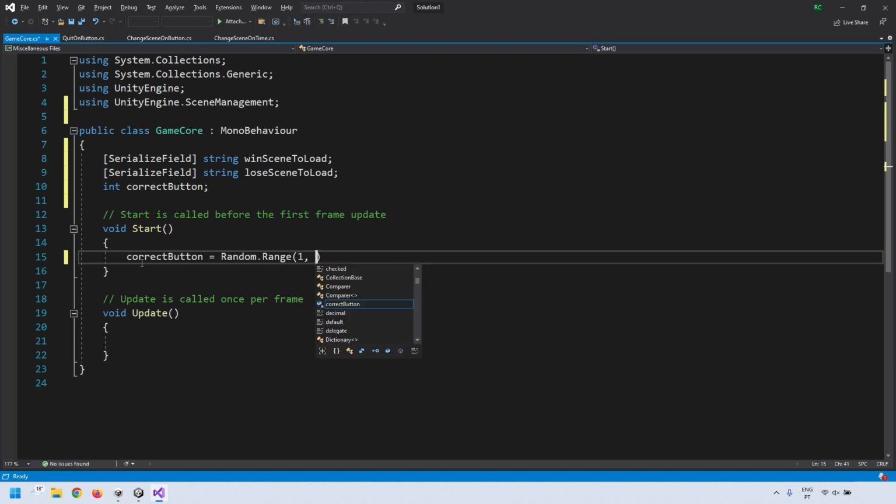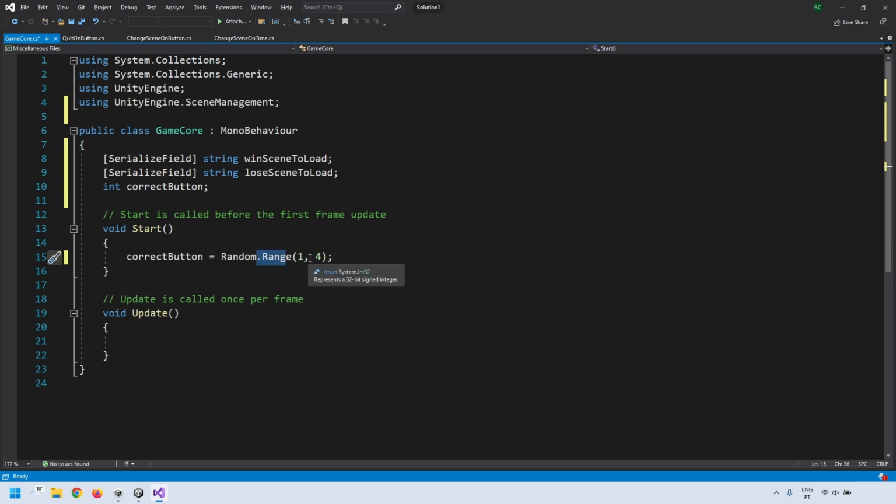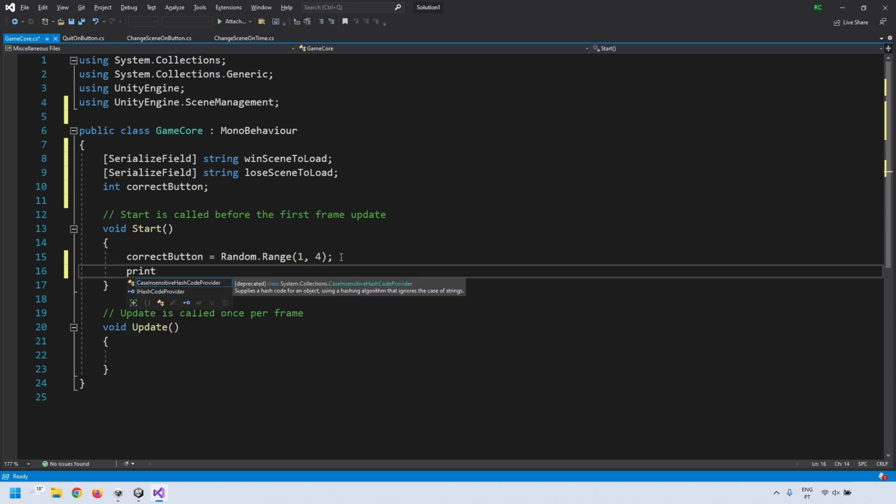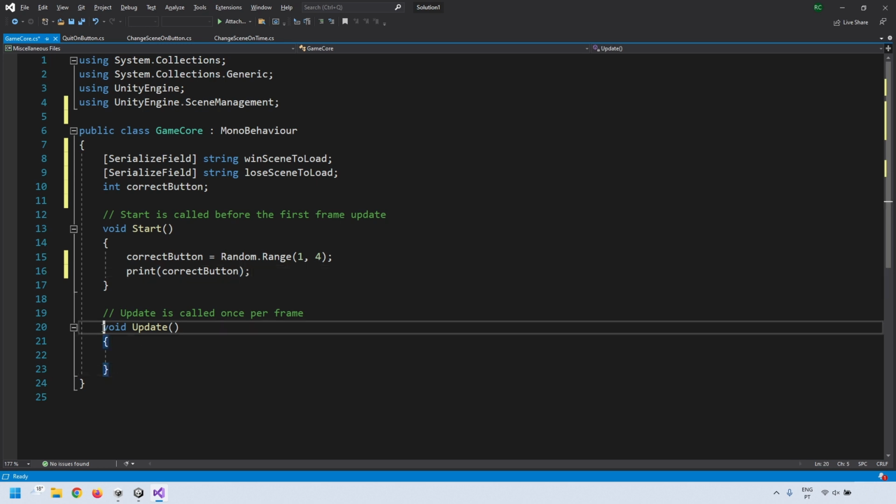In the case of integer numbers, the range is exclusive, meaning that the last number is never selected, so 1 to 3, because we will never get 4. Print, open parenthesis, correctButton, close parenthesis, semicolon. The Update method can be changed to public void OnButtonClick, inside the parentheses int fromButton,